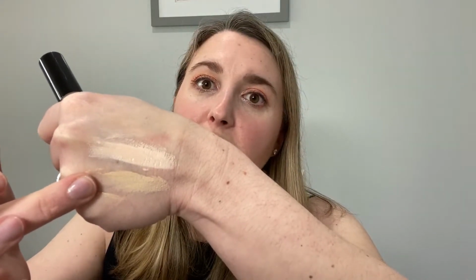So you can see the difference between the two, Pat McGrath in shade L1 and the Giorgio Armani in shade 3. The shade 3 seems to be a good match. It is probably neutral undertones, a little bit warmer per se, but overall good. While we're on Pat McGrath, there are 2 more items I wanted